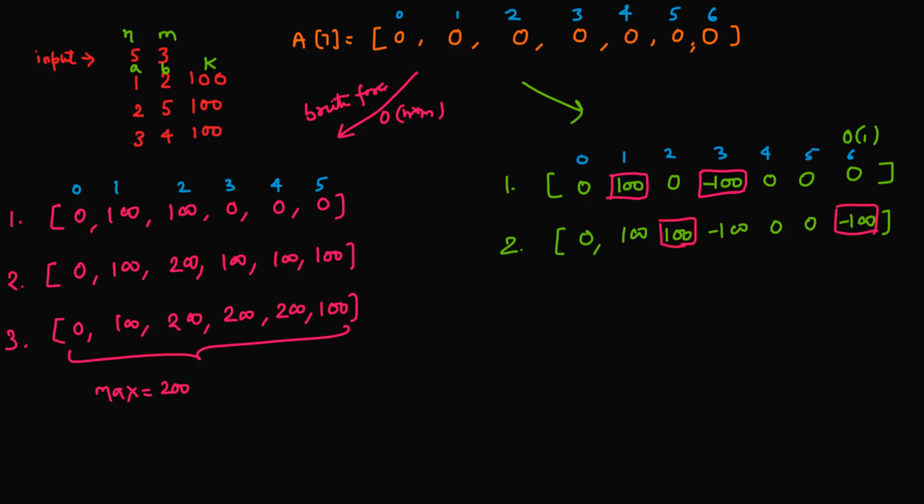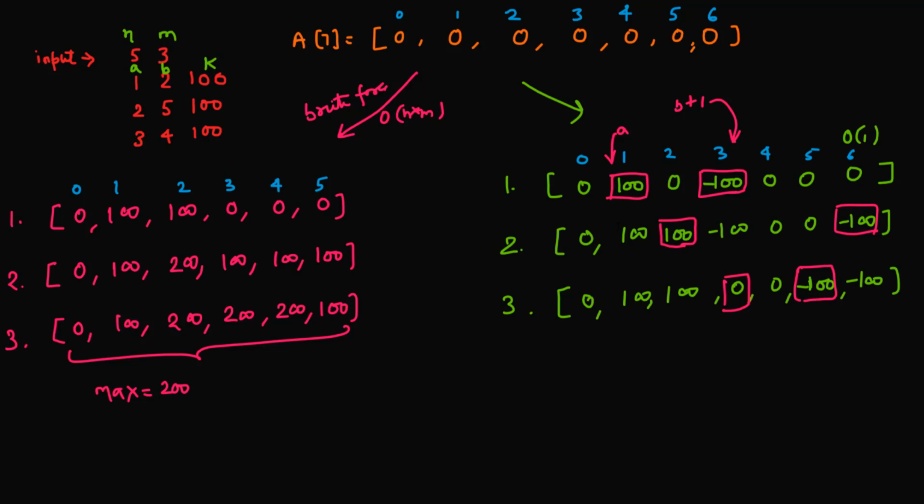Now I move on to the third query. We have to add 100 from 3 to 4. So I'll go to the third index and add 100. Whatever was there, if I add 100, it will become 0. At 4 plus 1, we have to do minus 100. 4 plus 1, which is 5, minus 100. So I add minus 100, and the rest will remain the same. You can see, guys, the rest of the elements are the same. Here I have modified only the third index and the fifth index. So only 2 places I am changing, at A and B plus 1. This is A, basically, and B plus 1. So the left side is A and the right side is B plus 1.